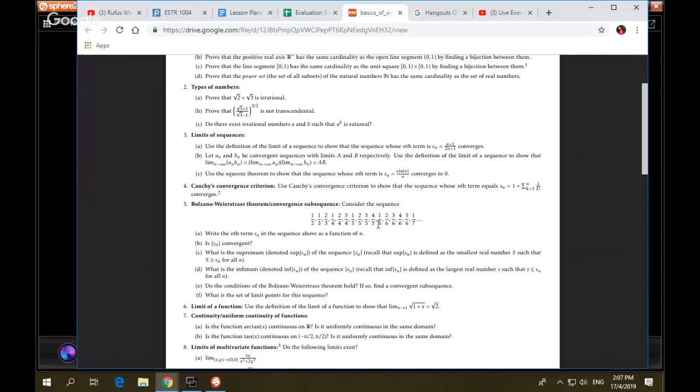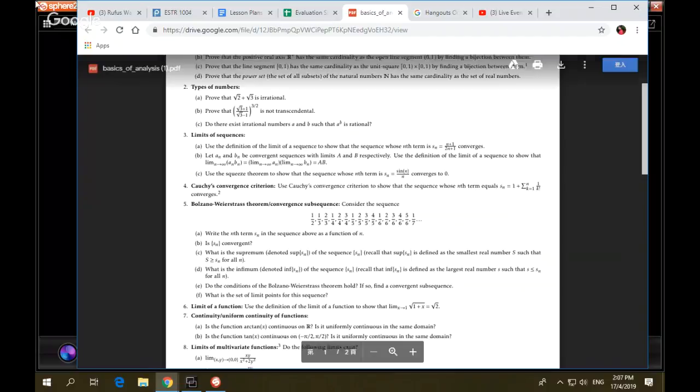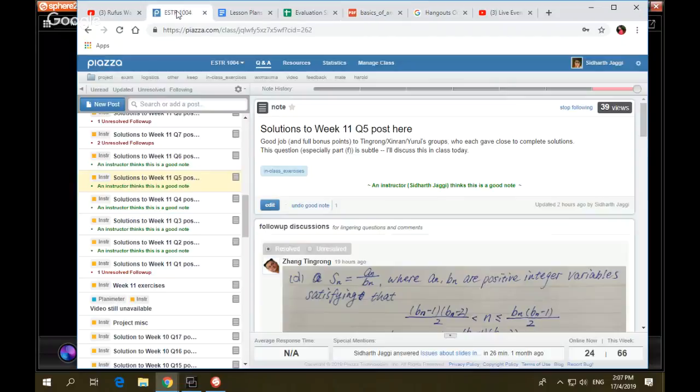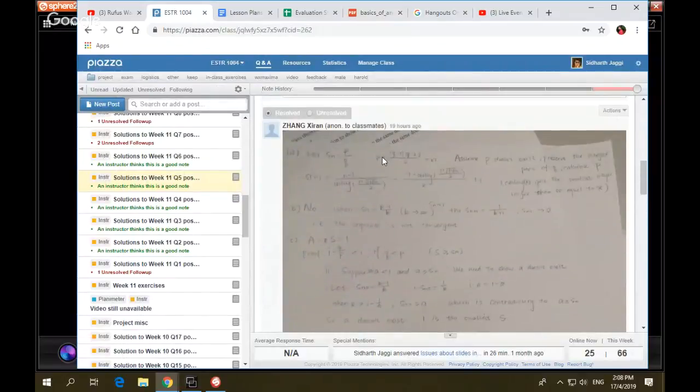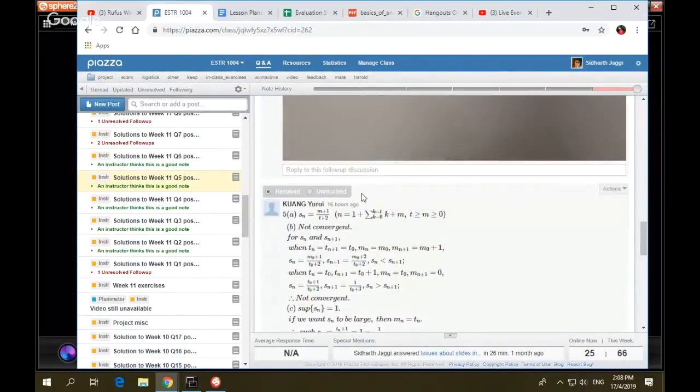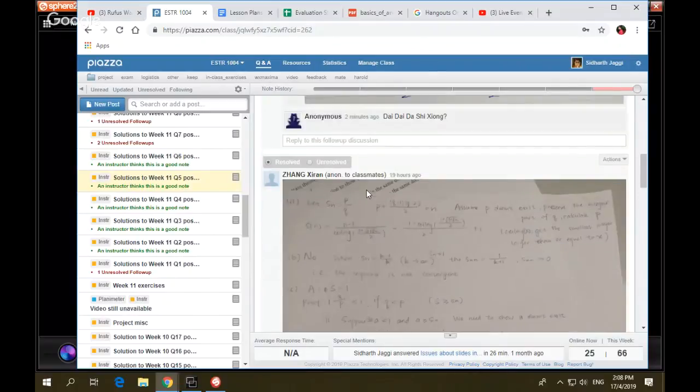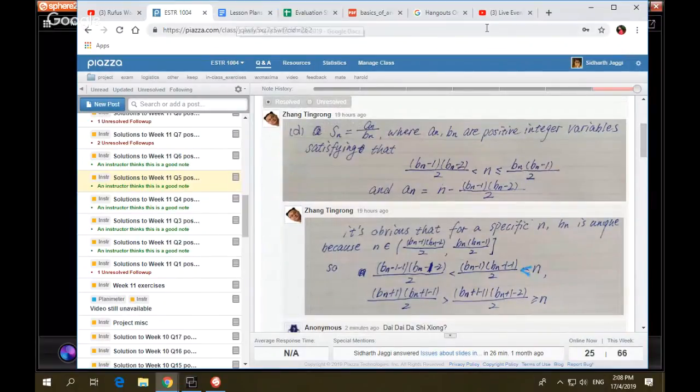Okay. So the first part of the question is maybe the least interesting part, actually. But anyway, the first part of the question asks you to write the nth term in the sequence as a function of n, right? And there are multiple solutions over here. There are different ways of writing them, and I'm not going to highlight them. They're okay, right? They're correct. Let's go to the more interesting parts of this question,